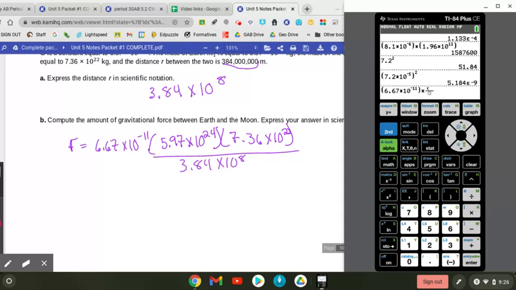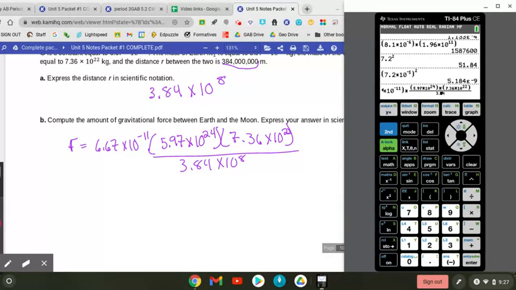Then in my numerator, I have 5.97 times 10 to the 24th times 7.36 times 10 to the 22nd over